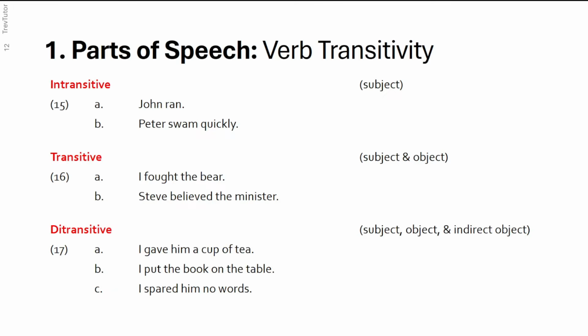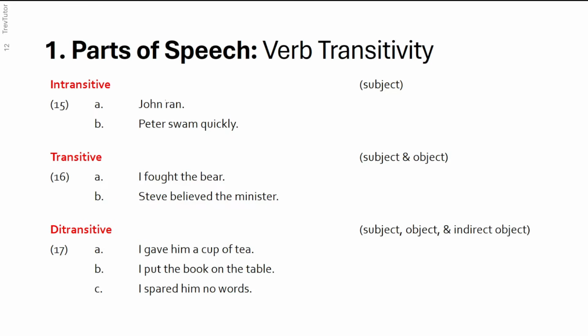So one more thing with parts of speech, which is taking a look at verbs. Verbs have different types, and depending on the type of verb, you'll have different requirements for how to make the sentence grammatical. So we have intransitive verbs, and all these take a subject. These just take a person doing the action, and they don't allow any other types of noun phrases